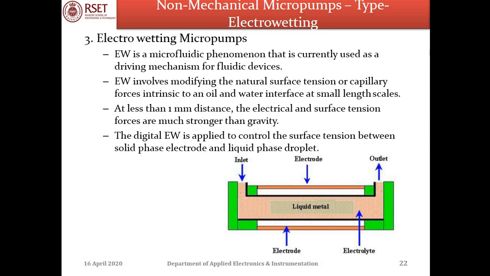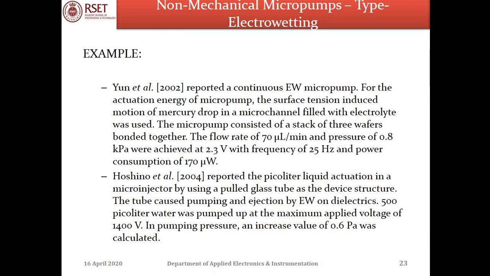Liquid metals, you can see in the picture, liquid metals contacting electrolytic solutions will develop charged interfaces that will act like capacitors owing to electrochemical reaction. So this is how an electrowetting process is incorporated as a micropump, which is also an example of a non-mechanical micropump. Let us look into an example